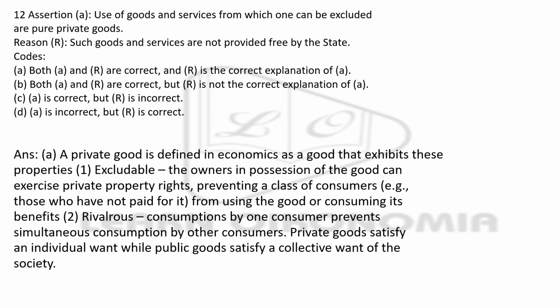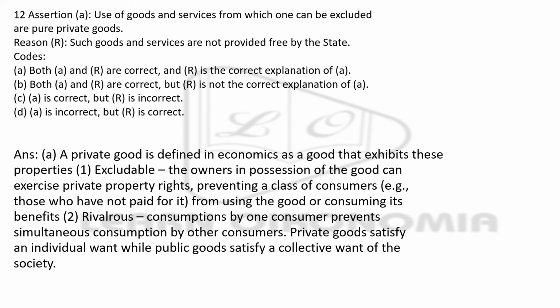A private good is a good that exhibits the excludability property. It is also rival. Excludability property means if you are not paying, then you can be excluded from using that particular good. And rivalry means there is some kind of competition happening, because the good is available in limited quantity only. The one who pays would be getting the good, and the one who has not paid won't be getting it.